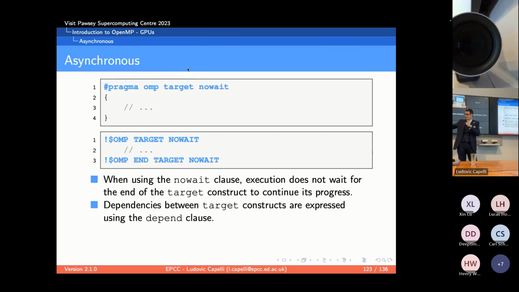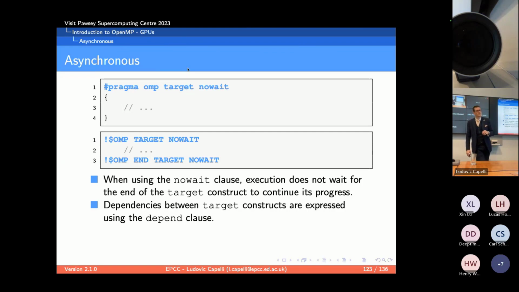However, now we launched the first target, so it's going to be executed on the GPU. Maybe it's being executed as we speak, but I'm launching the second target, which has a dependency on the first target being finished. So now I need to take care of this, and OpenMP covers this with the depend clause, which is what we use in